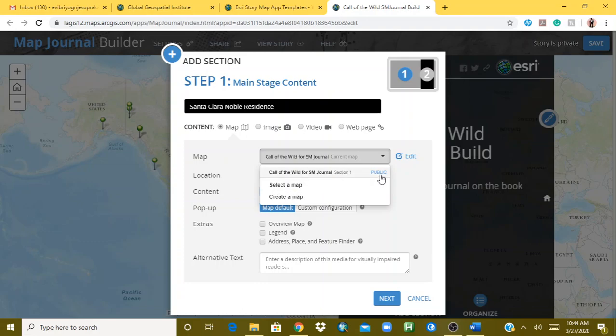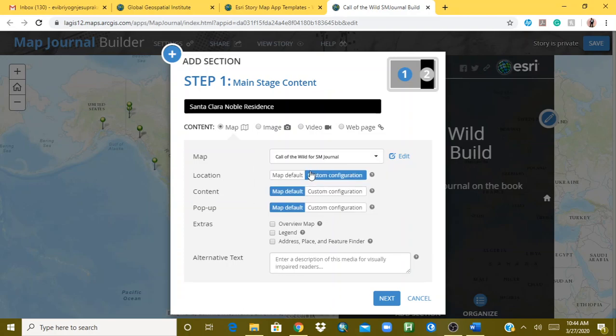It's already shared to public. If not, when you share the story map to public, it'll automatically change this to public. Awesome. So here we are, and for the second main stage content, which is the map,